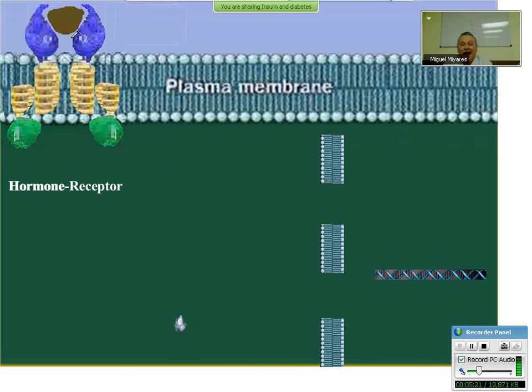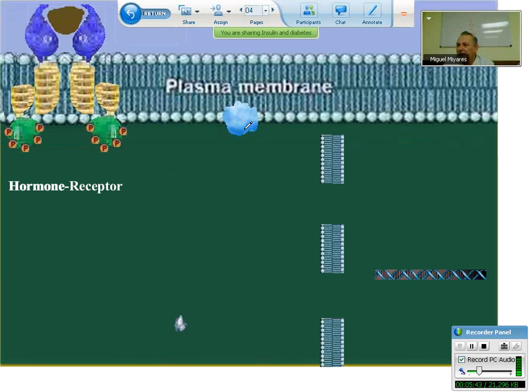That means it will catalyze phosphorylation of protein, including itself. Then through the action of this interaction, it will start to produce phosphorylation of the intracellular domain, and this multiple phosphorylation of the intracellular domain will produce a covalent modification that will allow it to recognize